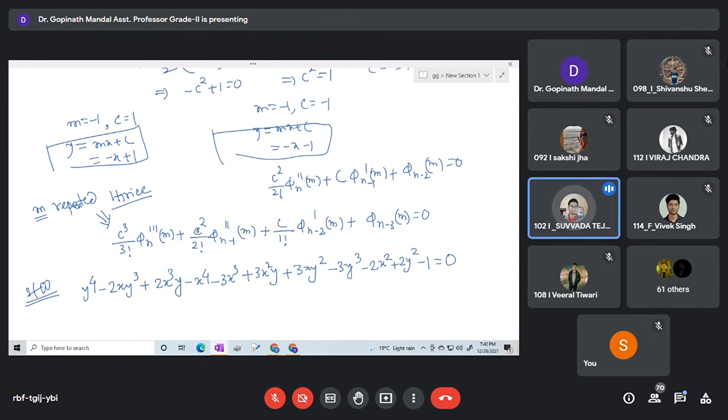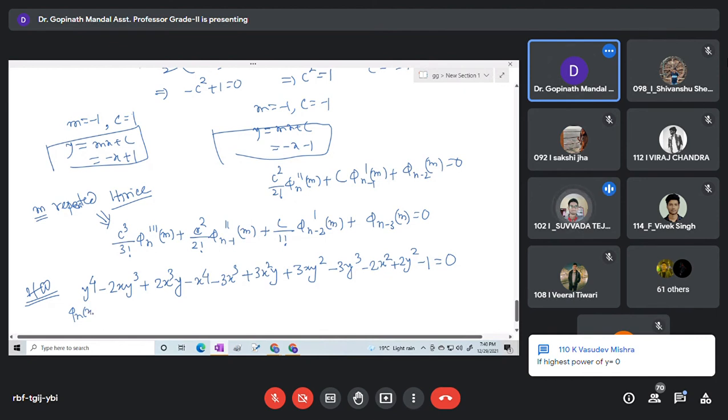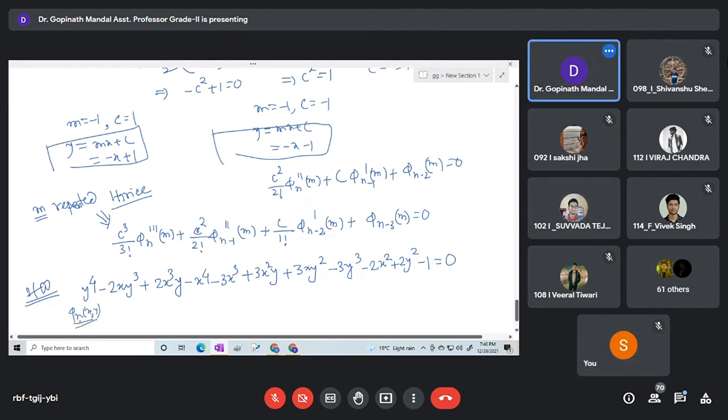If the curve is given with only x to the power of 4 minus like that, and in phi n of x comma y only x terms are there, then what can we do, sir? I can't understand. Say it again. If we have phi n of x comma y only if x terms are there, then what should we do? Find phi n of x comma y. Yes, sir. It is equal to some x power 4 like that, x power 4 and minus cube and y terms are 0.